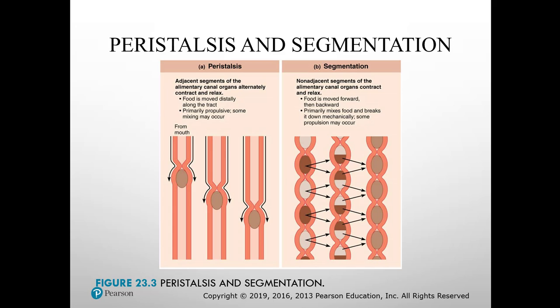Now, on the other hand, the second part, on the right picture, is labeled segmentation. This is a special type of movement that happens within segments of the GI tract. Now, this particular segment is pretty much like